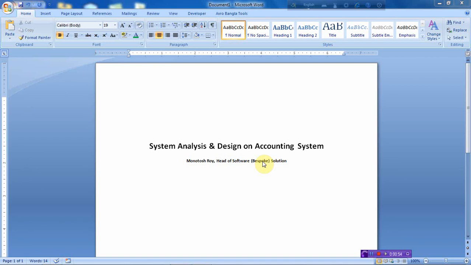Today I'll be presenting in three parts. One part is the foundation, or the basics of accounting processes. The second is data analysis and